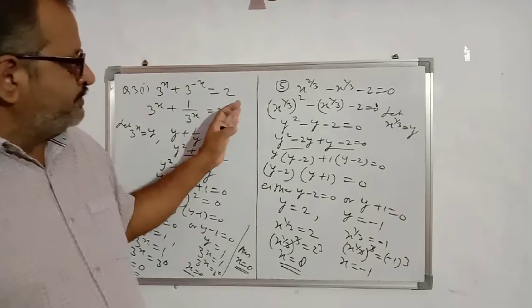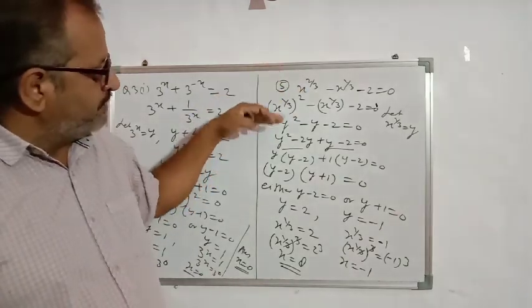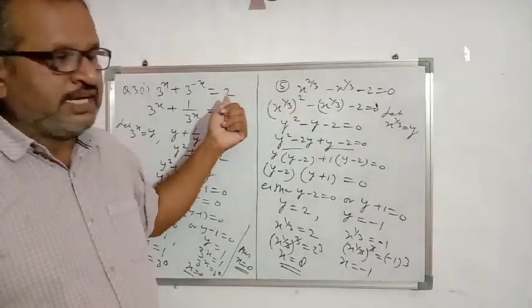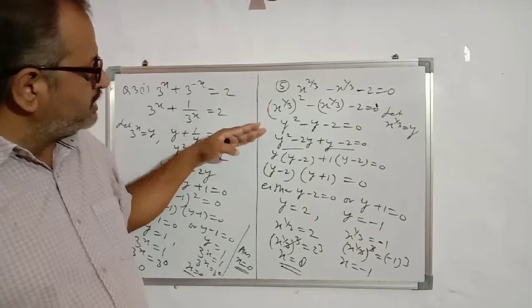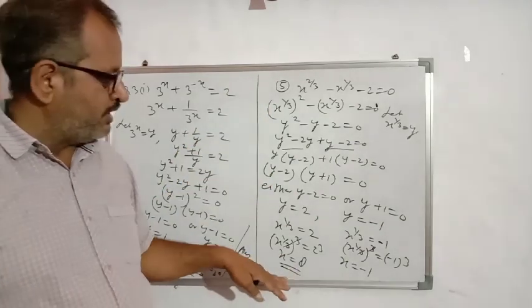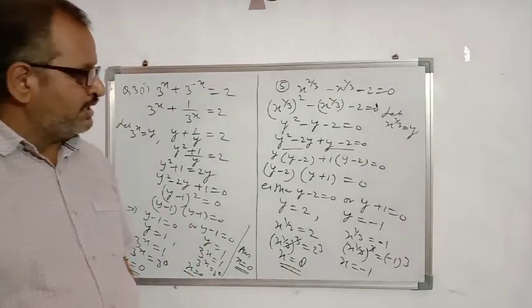So if the original equation is not in the form of a quadratic, after simplification, or putting some substitution, or squaring on both sides, firstly we have to make it a quadratic equation, and then after that we can find the values of the variable. I hope that these things are clear to you.